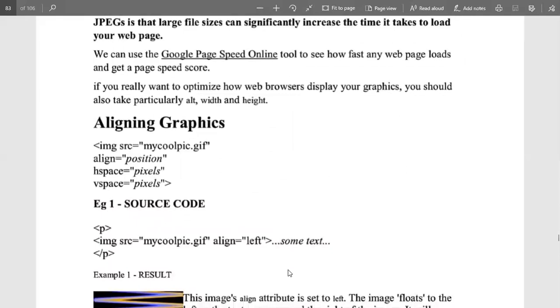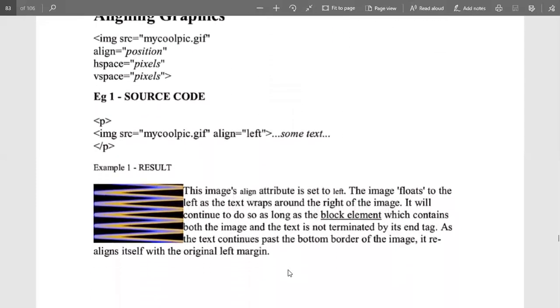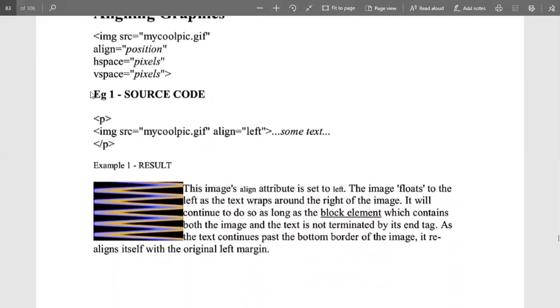Next is aligning graphics. Whenever we have to align graphics, we have to mention something like this. Here is the basic format of the image src. It contains a tag that has a URL, and after that the alignment, that is the position, hspace for horizontal space, and vspace for vertical space. In pixel format we mention how much pixel space we want to give. So the basic source code of this one is,